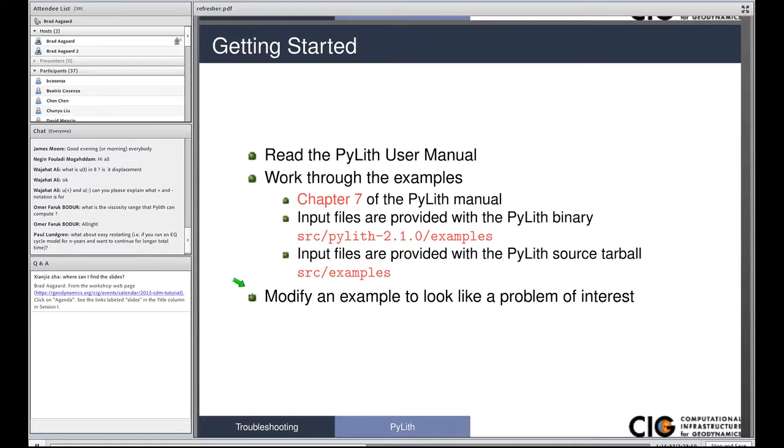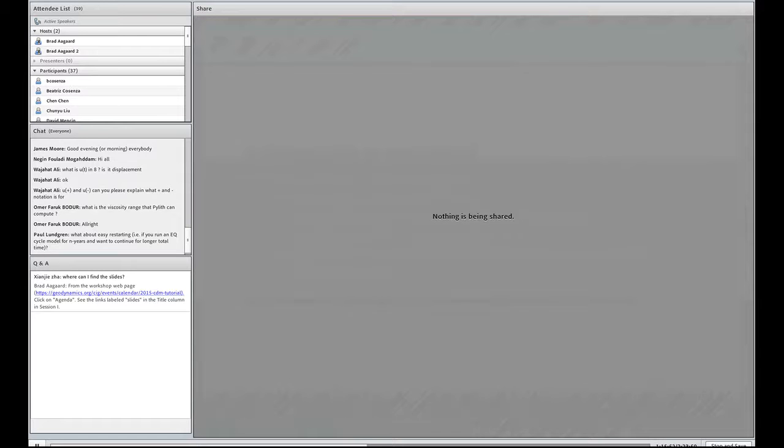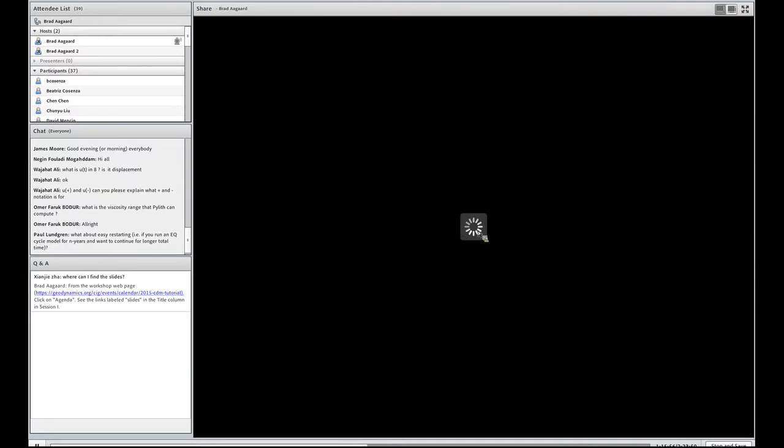Are there any immediate pressing questions before we go on and run an example? Okay, so we'll stop sharing the document and I'll share my